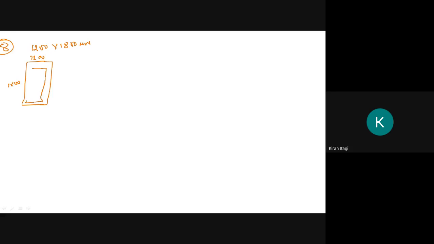Just don't get confused here about the wall thickness. The high tensile steel has an area of 4000 mm square. It says that AP is 4000 mm square, and is located at an effective depth of 1600, that is D equals 1600 mm. The effective pre-stress in the steel after all the losses is 1000.